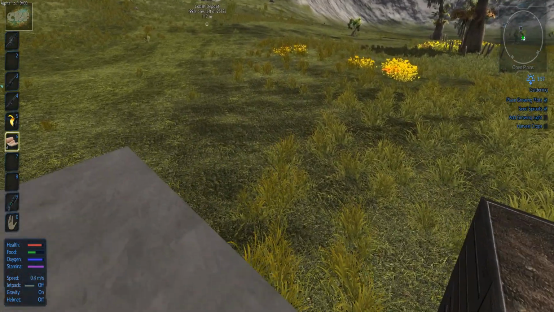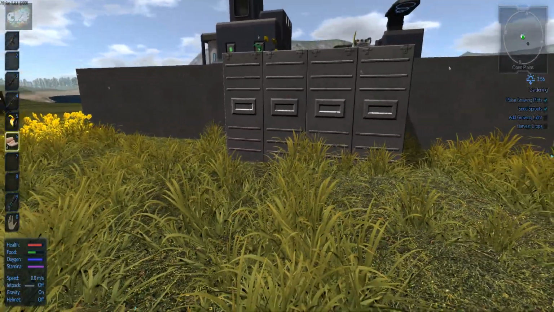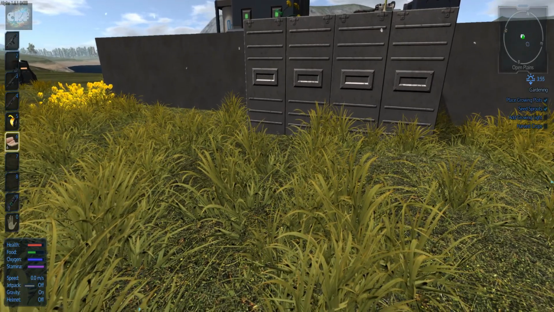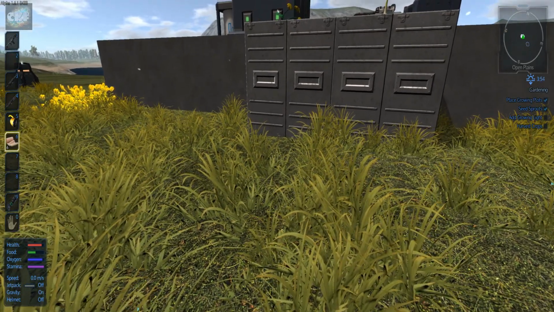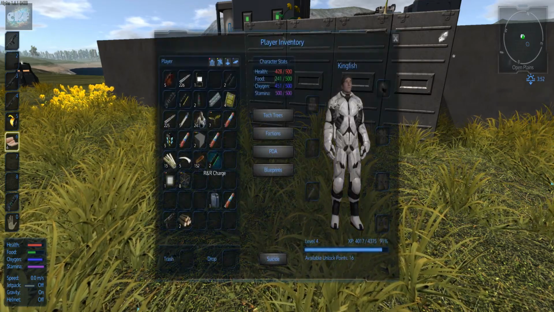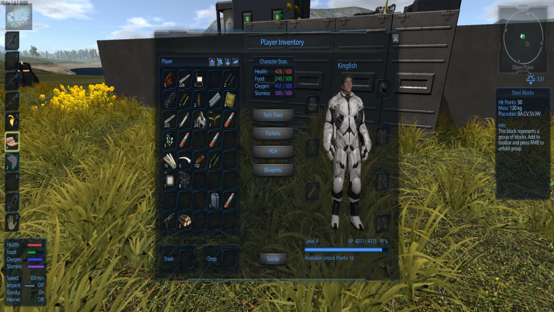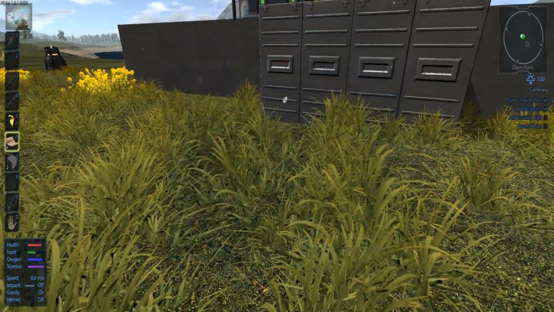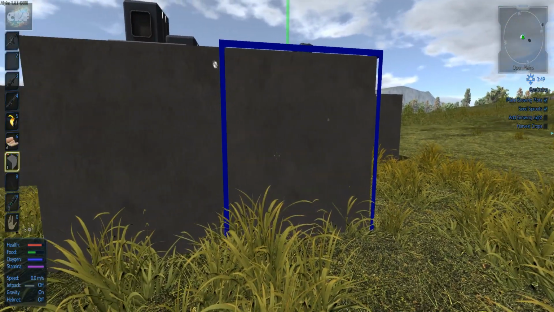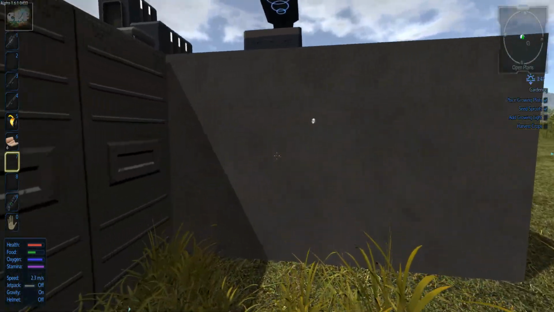Alright, so let's go ahead and place... If I can ever get to where I'm making plots, I'd like to put a complete row of farming plots right along this one wall. But let's go ahead and place these steel blocks. Place that there and that there. Now let's...